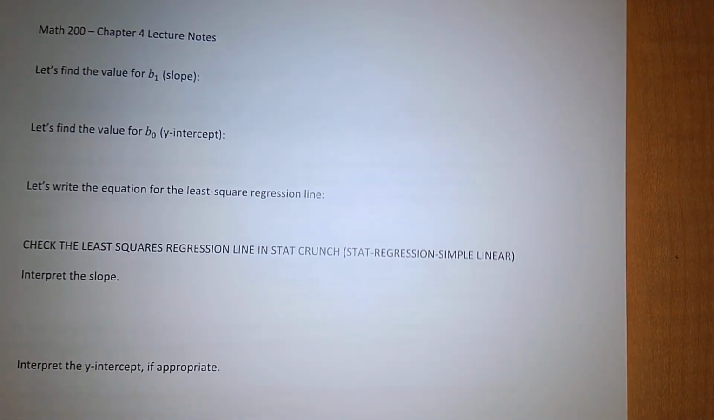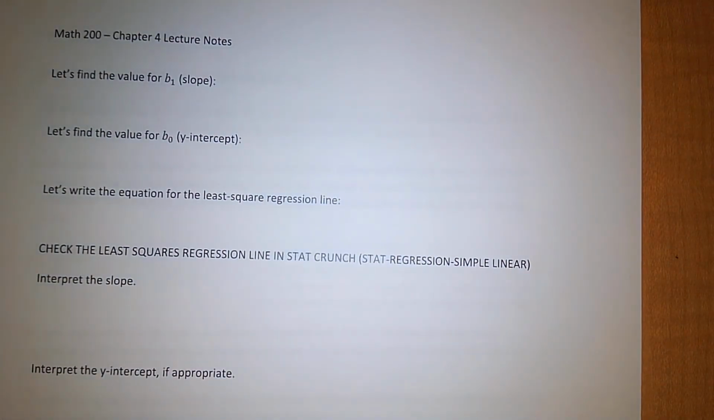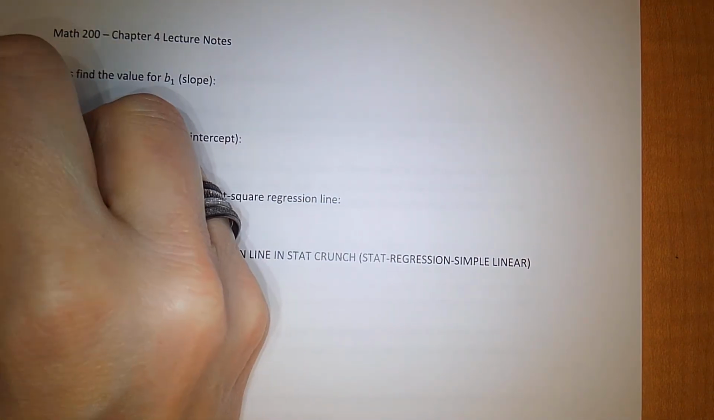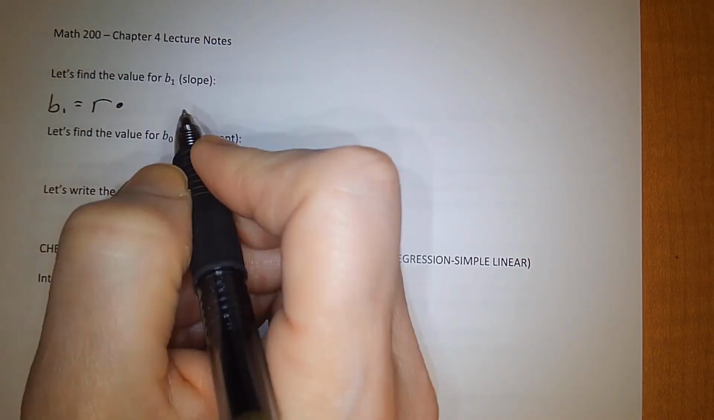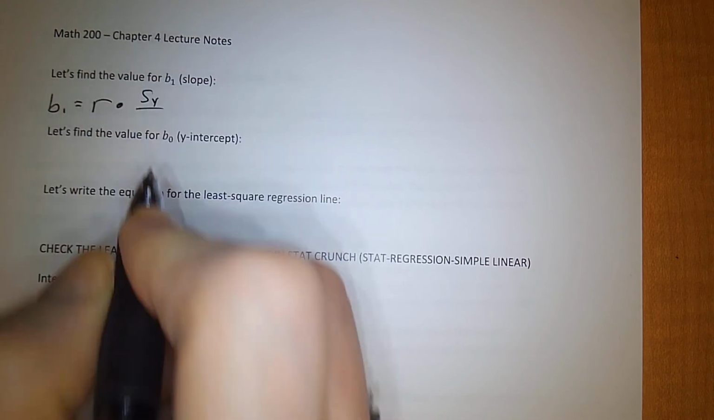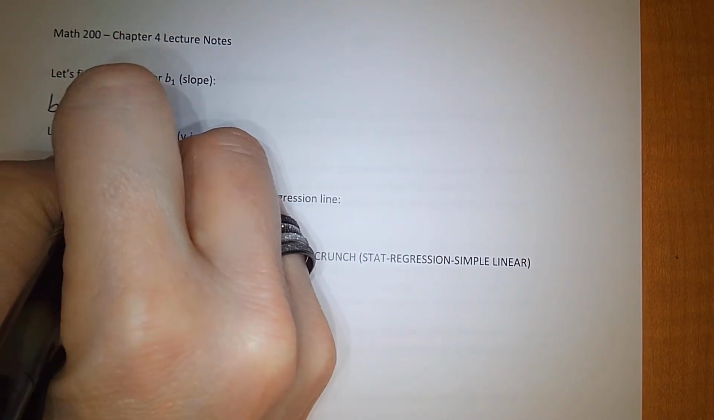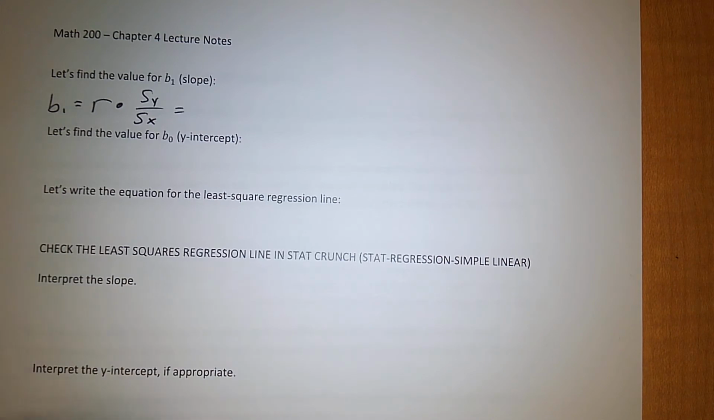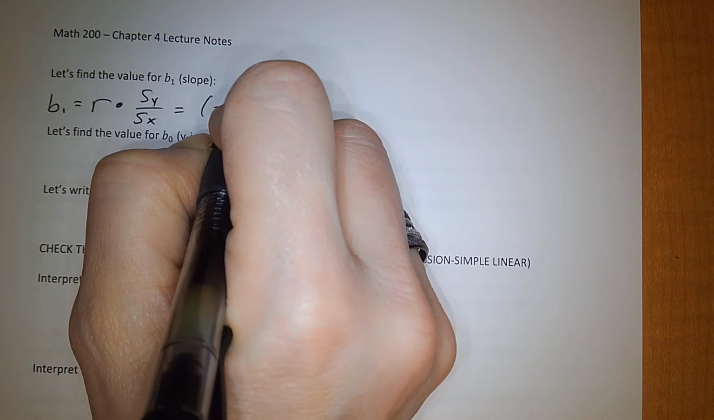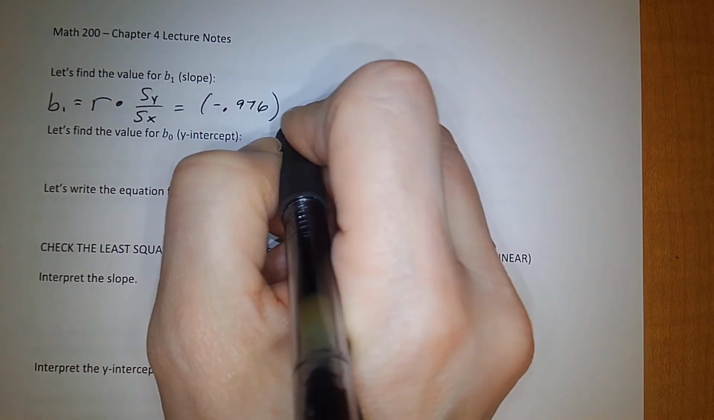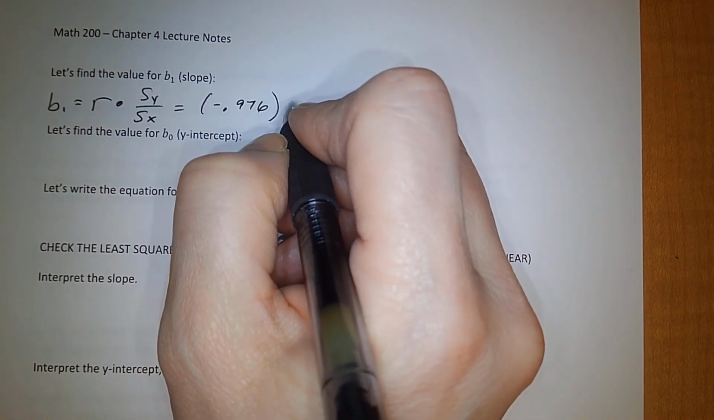So on the next page, let's find now the value of the slope. In order to find the value of the slope, the equation that we had on the previous page said that our slope is found by taking your correlation coefficient times the standard deviation of your response divided by the standard deviation of your explanatory variable. And if we plug all of that data in from the previous page, clearly there will be some rounding because all of these numbers have been rounded from StatCrunch. We can find